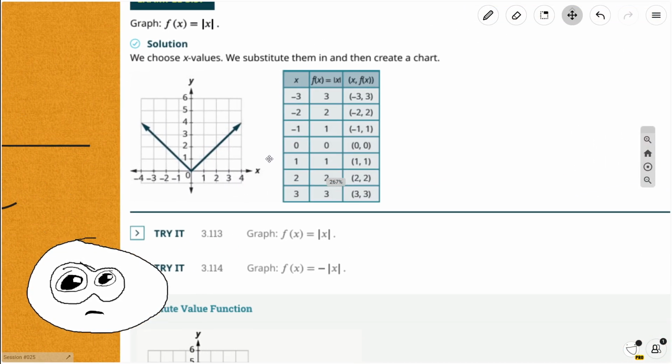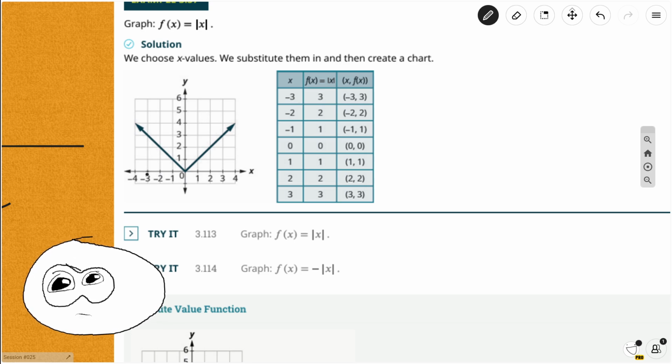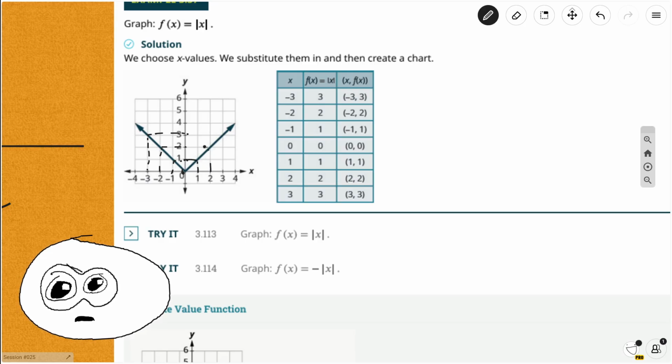In this example, you can even look right here, where you just line up the numbers with the values. So you have right here, -3 and 3, -2, -1, 0, and then 1, and 2, and so forth,